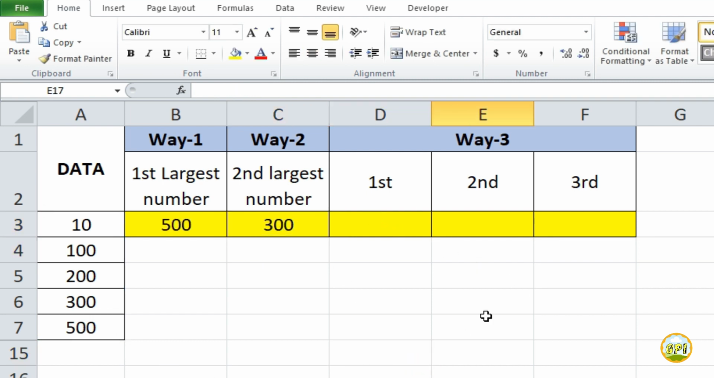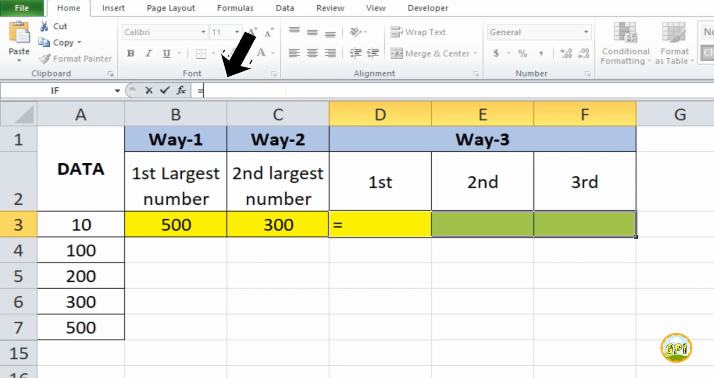We want to see the top 3 largest numbers now. But to do this, there is a trick. Select the 3 cells like this and then come over here to type your formula. It is very important that you type your formula here. So type equal to LARGE, double click on LARGE from the drop-down list, select the array cells and press